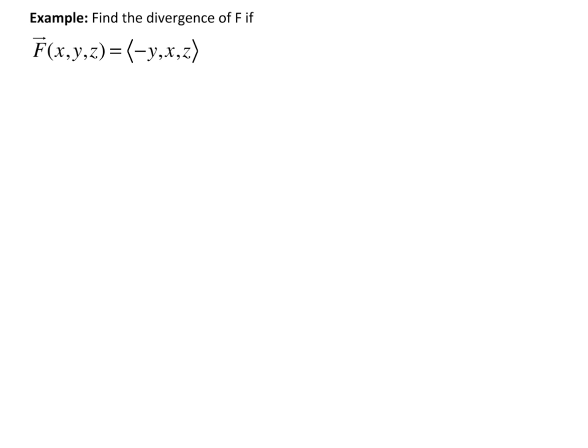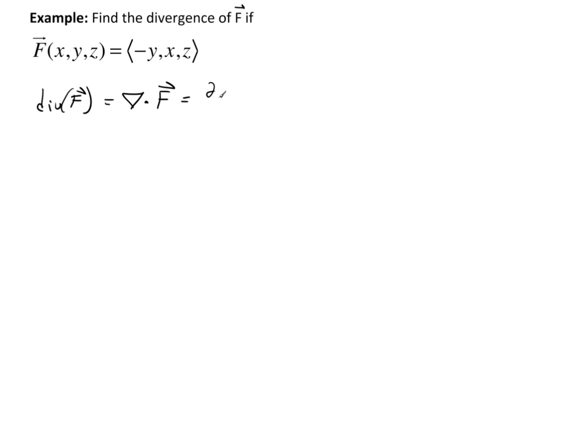So let's take a look at a couple of real quick examples here of divergence. Let's find the divergence of f, this vector field, if f of x, y, z is defined as negative y, x, z. Well, the divergence of f is simply defined as the del operator dot f,